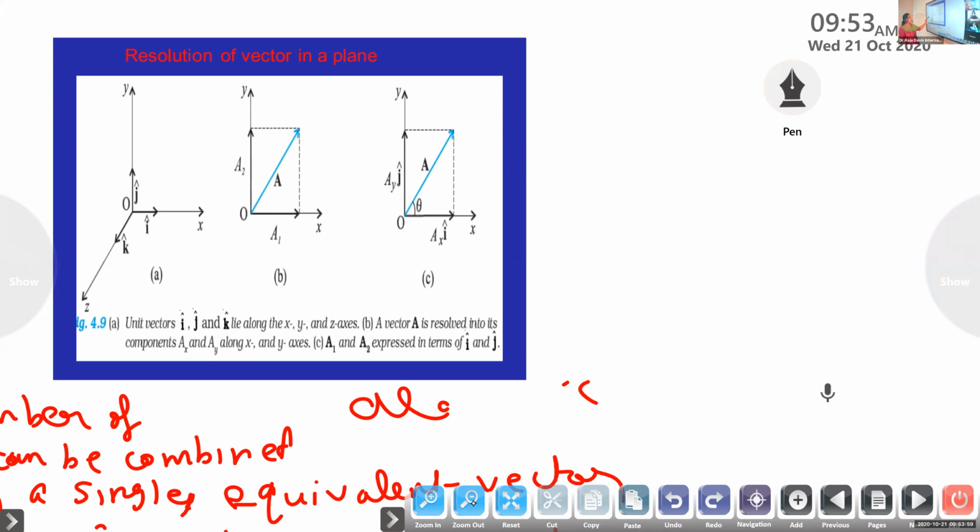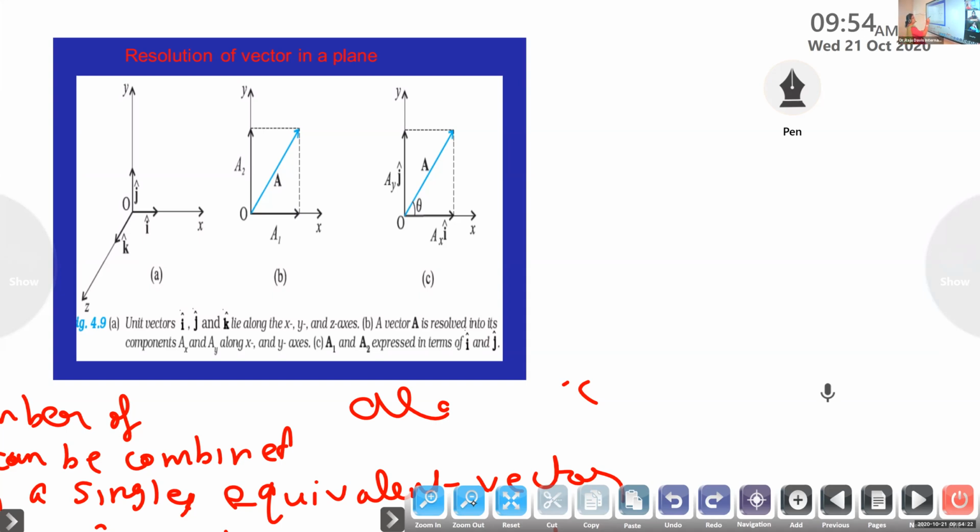Because its value is 1. J is on the y-axis itself and K is along the z-axis itself. Now, in this picture, I explained to you with the letter R. So here we have another vector A. You can see that vector A is resolved into another two vector components. We are giving the names A1 and A2.